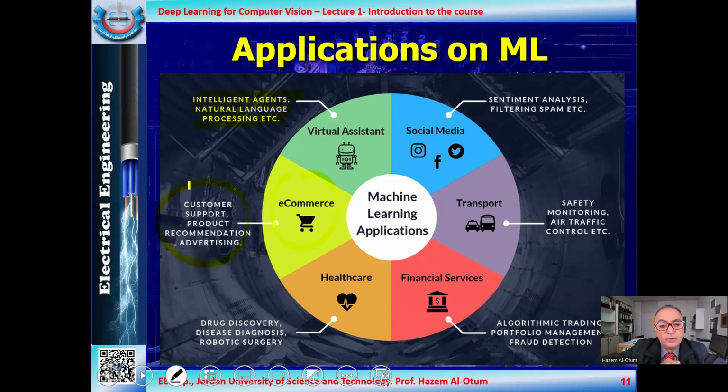Also, we can find machine learning in healthcare, for example in watches and on your mobile. You will find a lot of applications. You can also find domestic healthcare applications for old people. There they can help in drug discovery, disease diagnosis, and robotic surgery. This is a very important tool we can apply. Sometimes humans cannot do specific actions, and they can be done with the help of robots or robotic surgery applications.